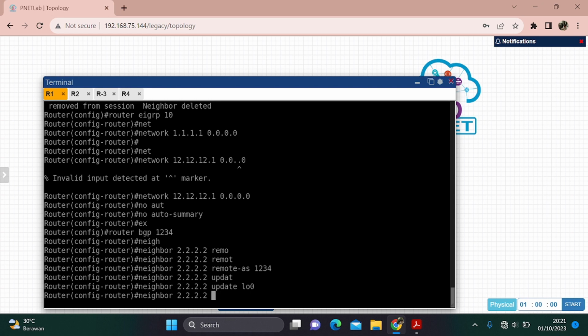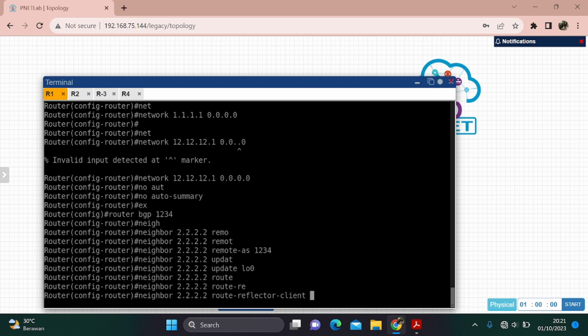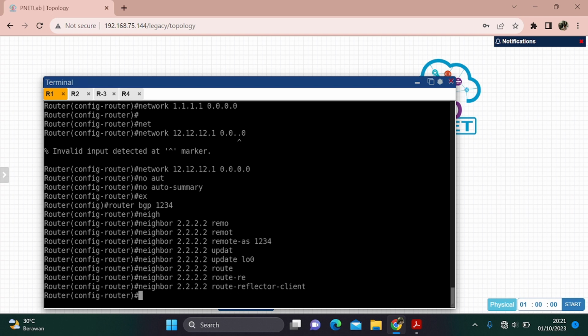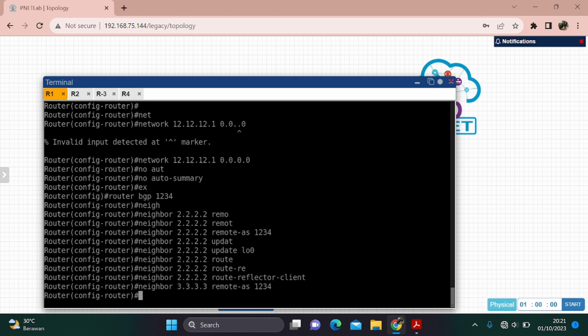After that add route-reflector-client. After that neighbor 3.3.3.3 remote AS, yeah.